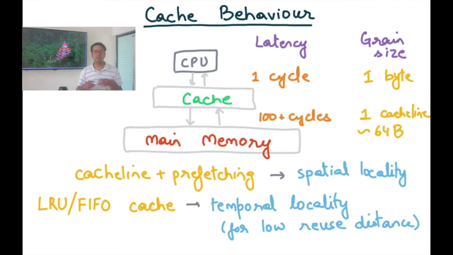The other thing is prefetching. The intelligence built into the hardware can actually figure out that there's a stride pattern in which the program is accessing memory. So it probably will help if I just try to speculate and bring more stuff into the cache. Now there's an opportunity cost of doing this, but oftentimes hardware does this kind of thing successfully, because programs do have predictable patterns, and if the prediction is correct, this is a win. And so both cache line and prefetching are meant to exploit spatial locality.